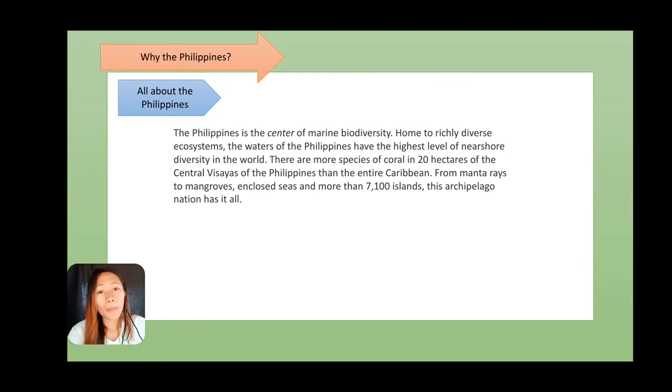So ang Pilipinas ang gi-center sa Oceana, the organization that protects the world's ocean. It is because the Philippines is the center of marine biodiversity. So kita dako kayo ta og marine nga spaces or biodiversity. Naidaghan og nagkalain-lain nga mga ecosystems, and nasa ta highest level of near shore sa worldwide. So ingana siya ka abunda ta sa marine biodiversity.